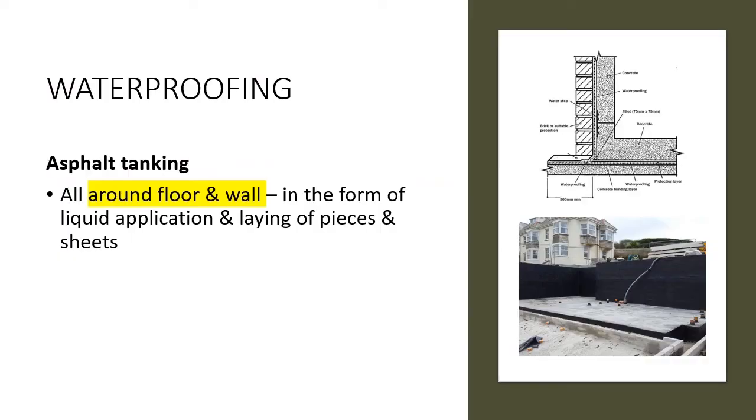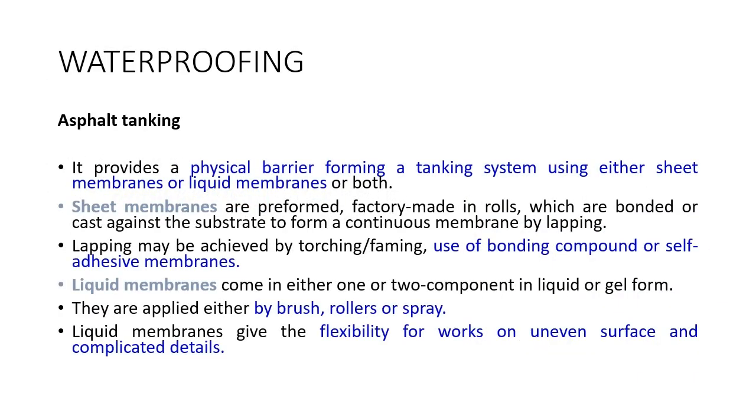The sixth element of basement is waterproofing. The waterproofing is used to waterproof the area for the wall and the floor for the basement. It is in the form of liquid application and laying of pieces and sheets. The asphalt tanking is provided as a physical barrier forming a tanking system using either sheet membranes ataupun liquid ataupun